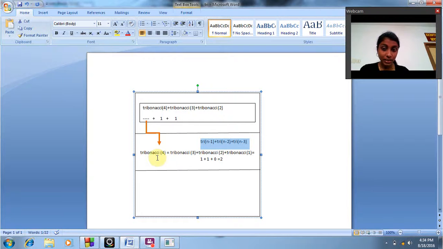That means Fibonacci number 4. So here the formula is applied. 4 minus 1 is 3. 4 minus 2 is 2. 4 minus 3 is 1. So here Fibonacci 3 is 1, 2 is 1. When n is equal to 1, the value we should print is 0. So add everything, we get 2, and this 2 is passed to here. So 2 plus 1 plus 1, that is 4.